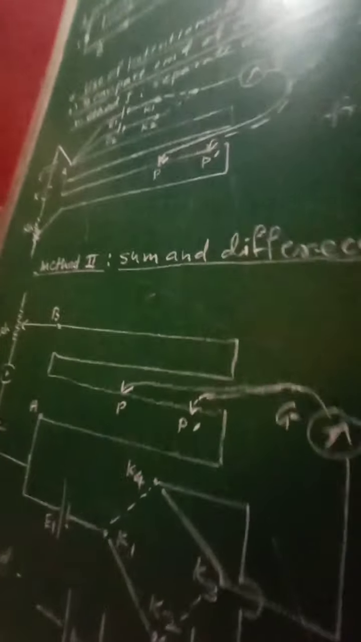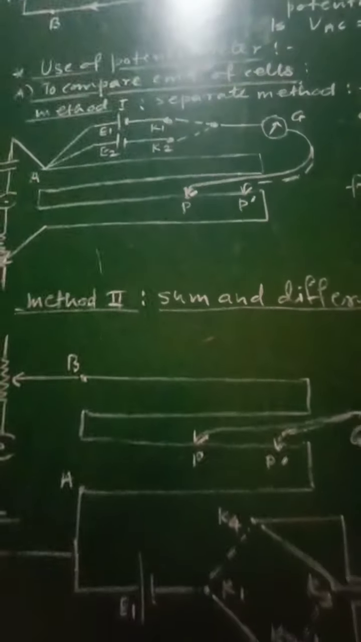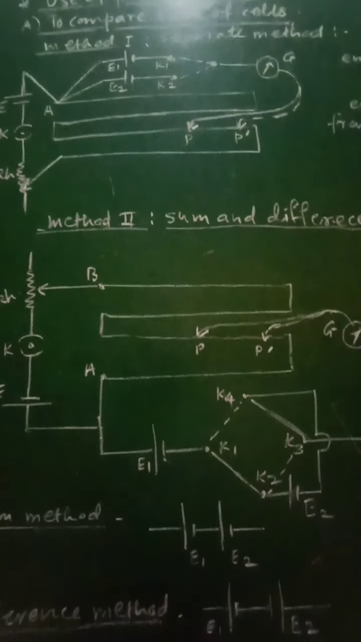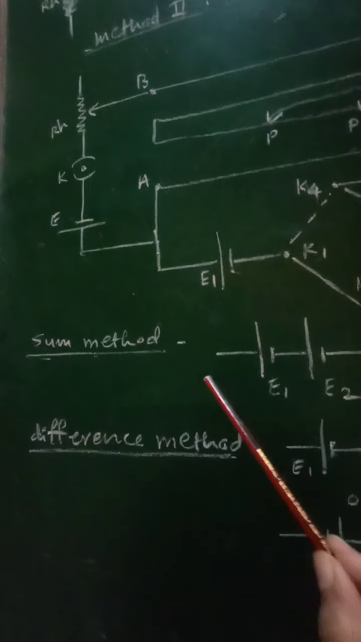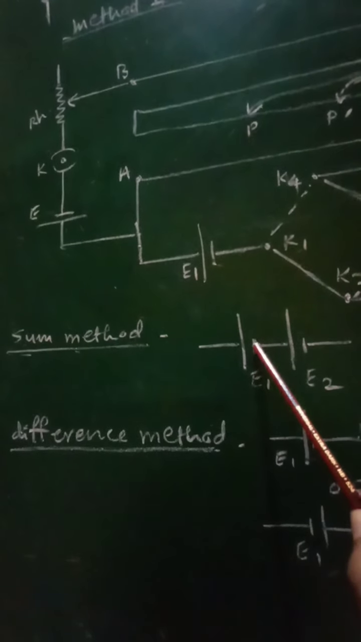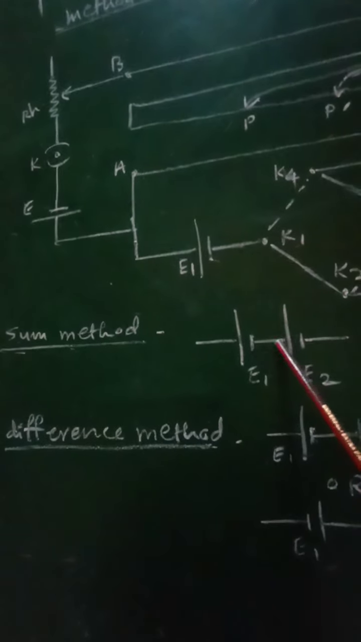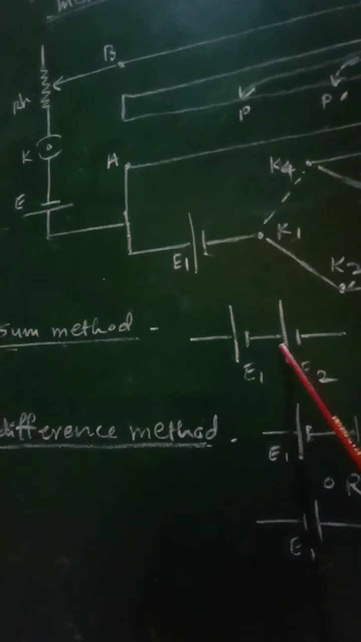Then go for next method, that is second method, which is sum and difference method. Sum and difference method. So let us see first what is that sum method and what is the difference method. So here in the sum method, if negative terminal of the cell 1 is connected to positive terminal of the cell 2, then these cells are